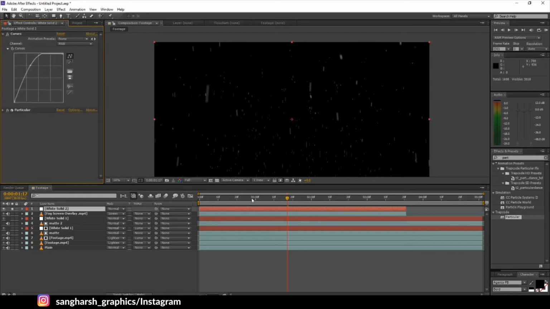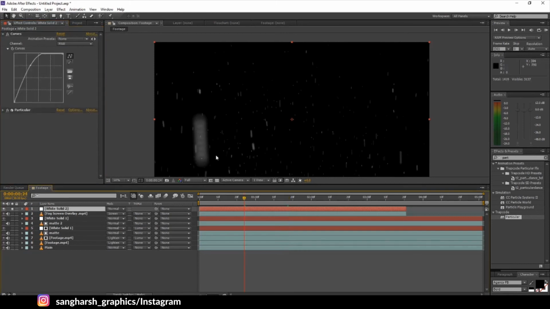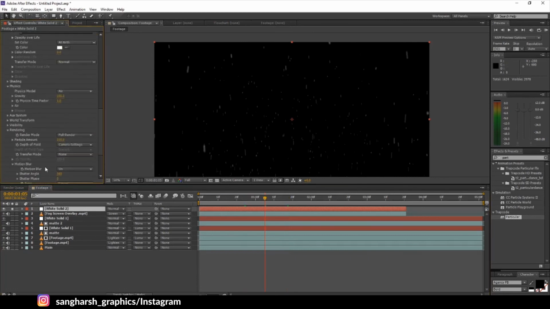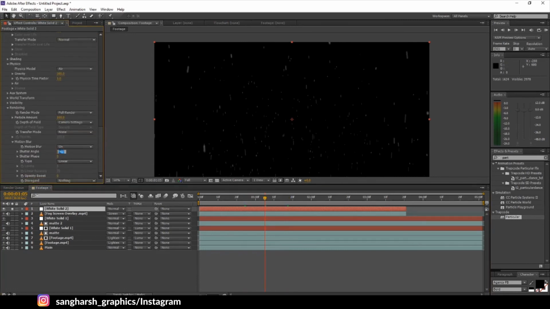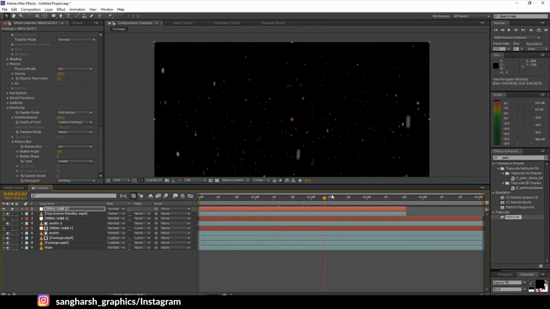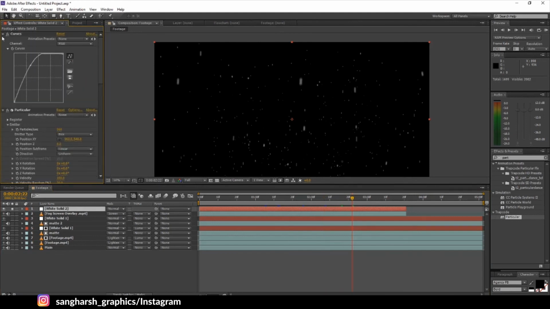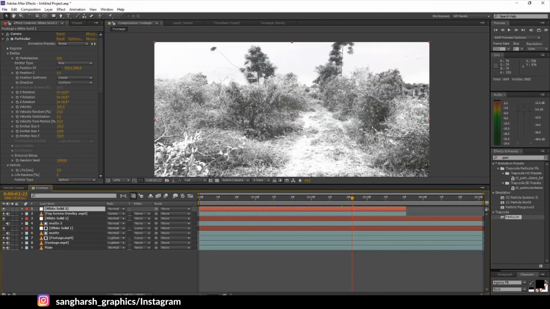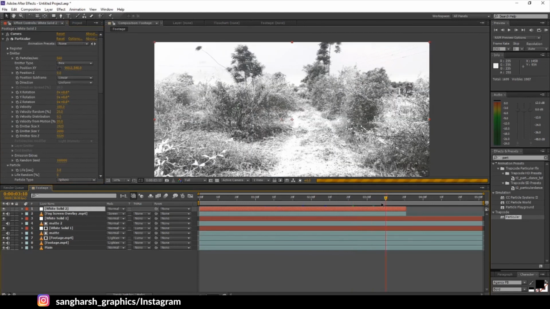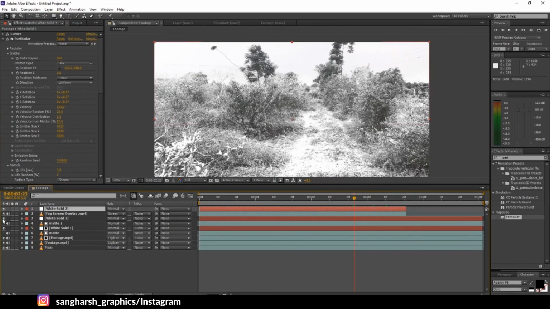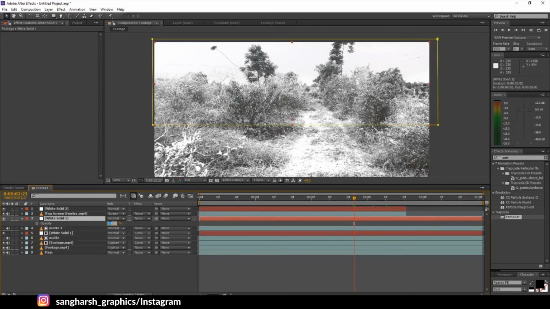Yeah, the motion blur is fading the particles too much, as you can see what's happening here. Open Particular, motion blur, make the shutter angle 180. Now it's a little bit quite fine. It's not motion blurring too much. Yeah, perfect. Let's adjust the snow glow, because as you can see here now it's just too bright. So select the white solid, press T, decrease its opacity to 10 for matte.